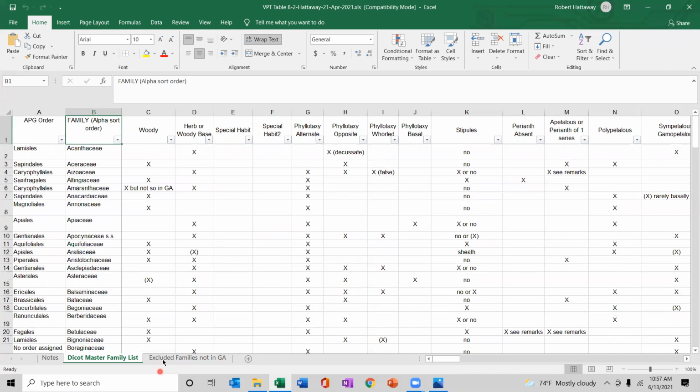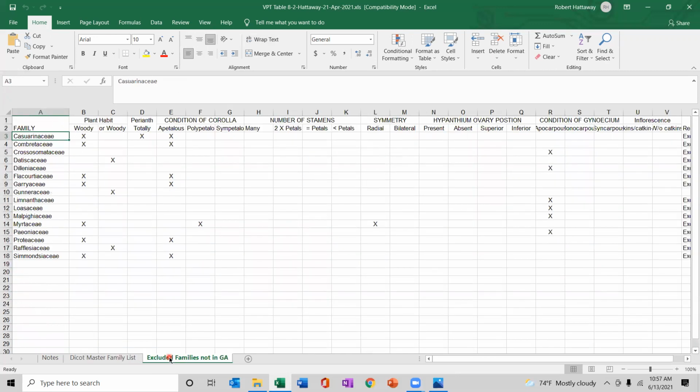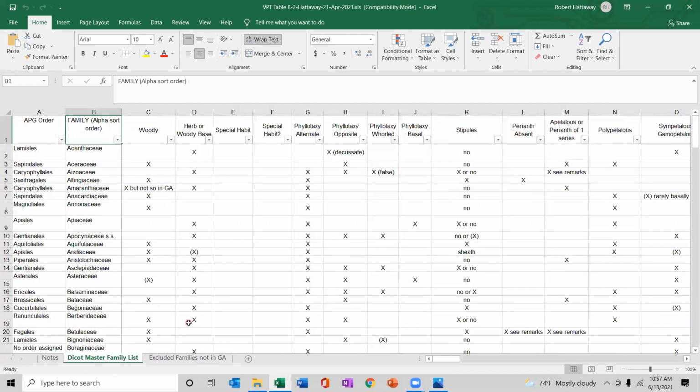But I've excluded certain families not in Georgia, and these are mostly the ones that are found in Florida, and some of them are just others I've used in my lectures from time to time, like the largest flower in the world, which is in the family Rafflesiaceae. So I don't know why I bothered putting it in here, but anyhow, to start this process, you normally would